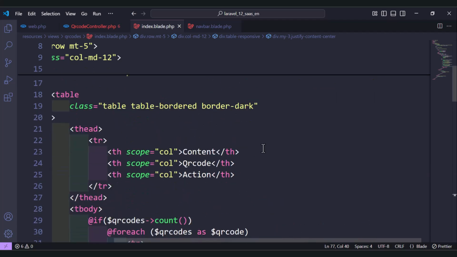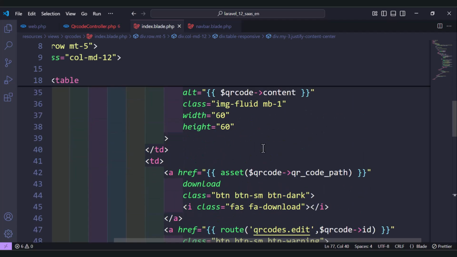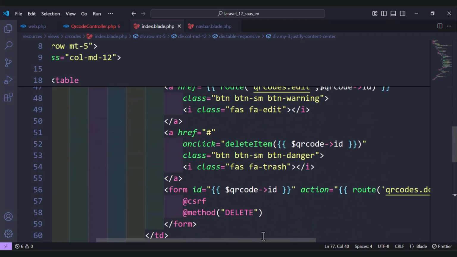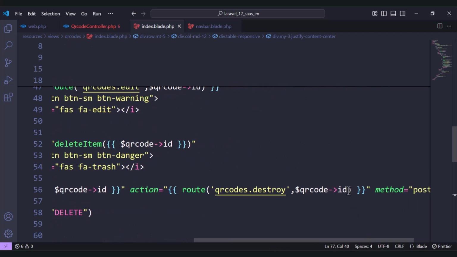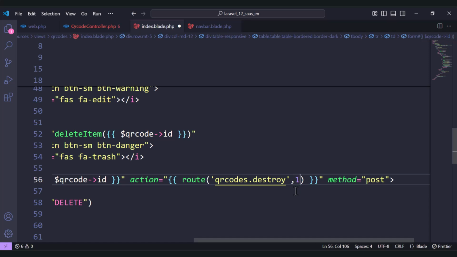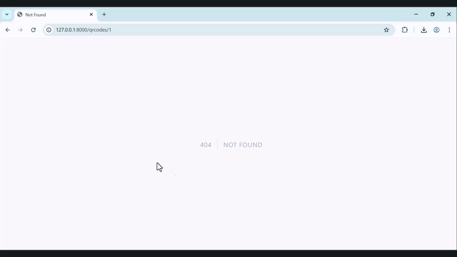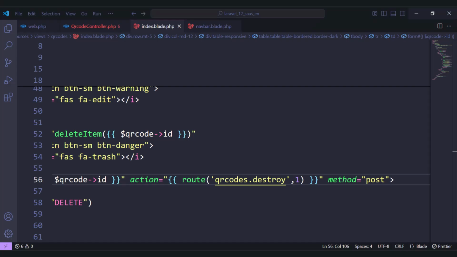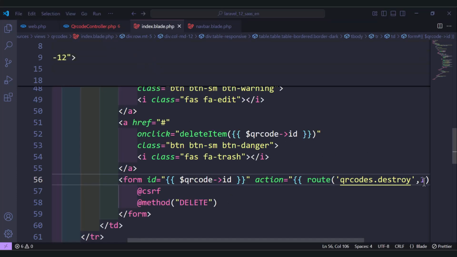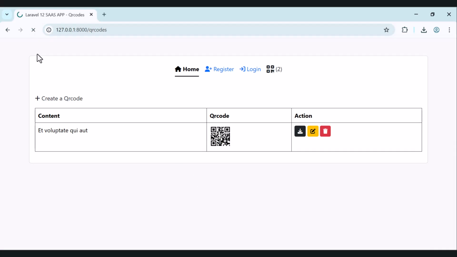I don't know if we have a QR code with ID number 1, but we will try. Let's try to delete, for example, here let's change it to 1 instead of the QR code ID. Let's refresh the page. If we try to delete, the QR code number 1 is not found. So let's change it to number 3 and check if we have this number 3. If we save and refresh,